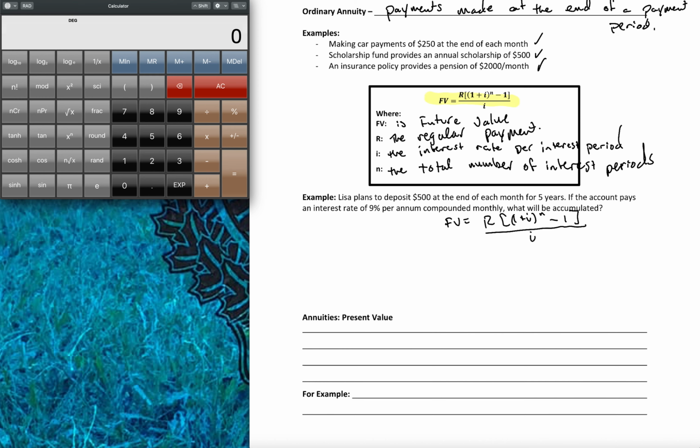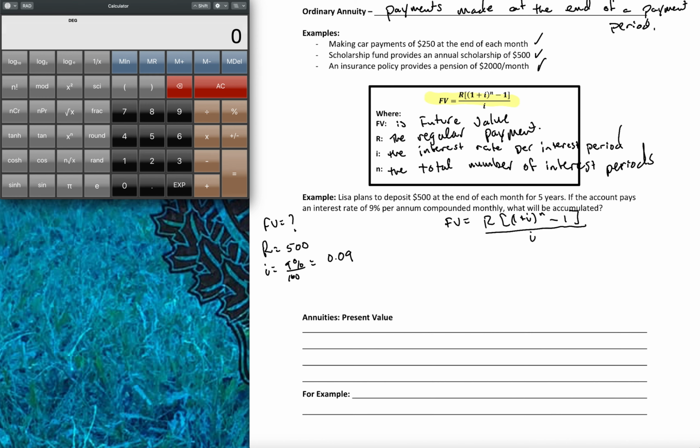On the left side here, the future value, I don't know. The R value is how much money she's putting in at the end of each month, so R in this question is going to be 500. And then you're interested in the other two variables, which in this question are I and N. The interest rate that she's earning is 9% every year. Remember, it can't be expressed as a percentage. It has to be expressed as a decimal, so you have to divide that by 100,